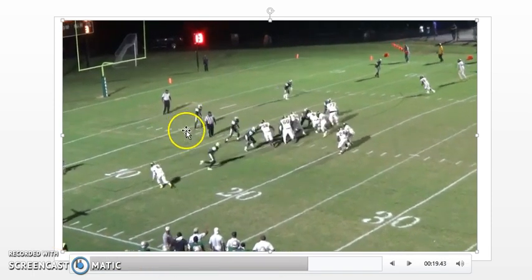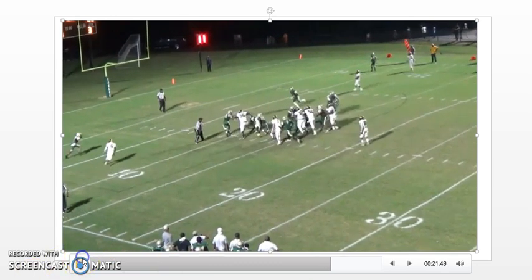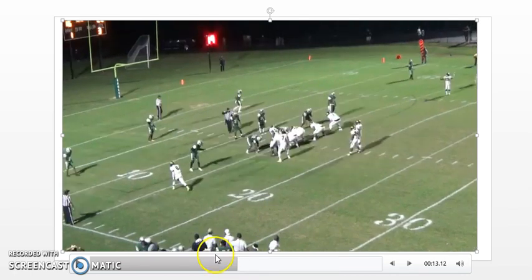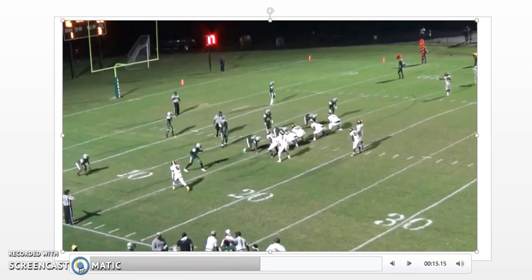So you see the jack coming down, and you see all of this grass here that we can attack. We can attack with getting a slant or a post into this area here. We could attack with a crossing route under and over there. So once again, the jack's into the boundary. He's got the area covered. If we called some type of